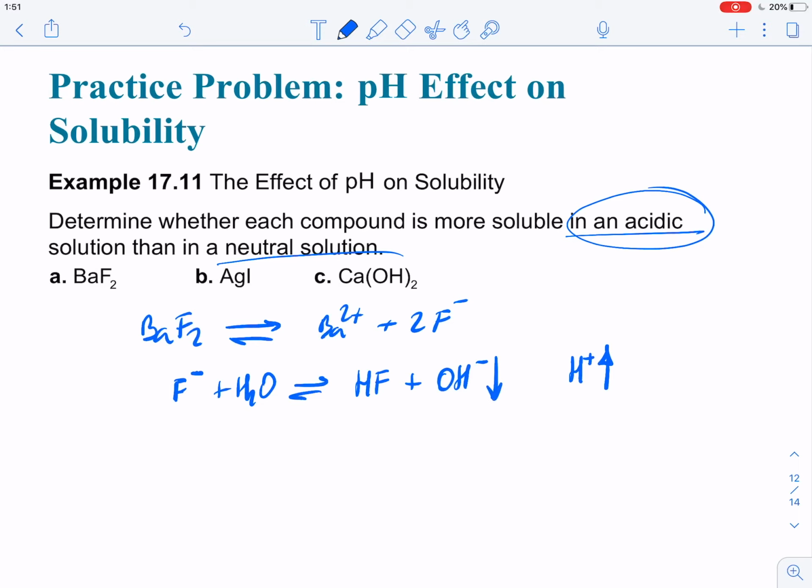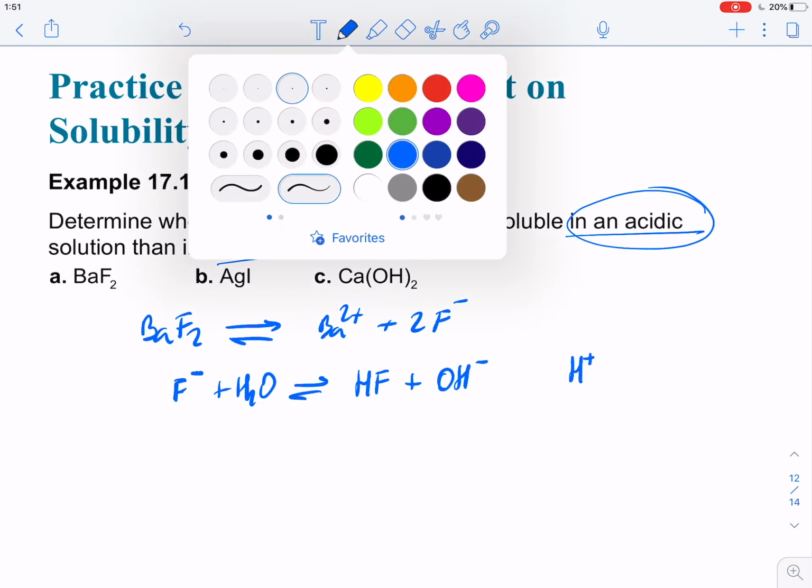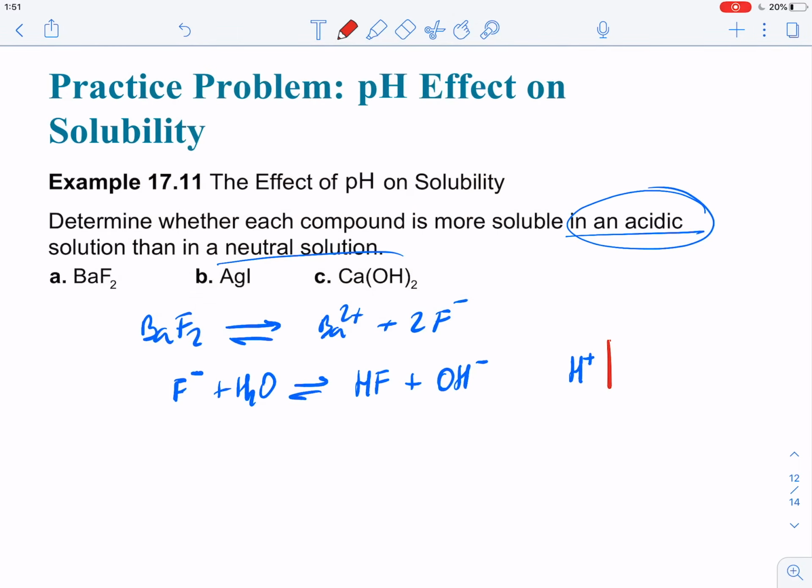This equilibrium goes, let me use different colors here. If you increase H plus, OH minus will decrease, okay? If OH minus decreases, this equilibrium goes in this direction. That means